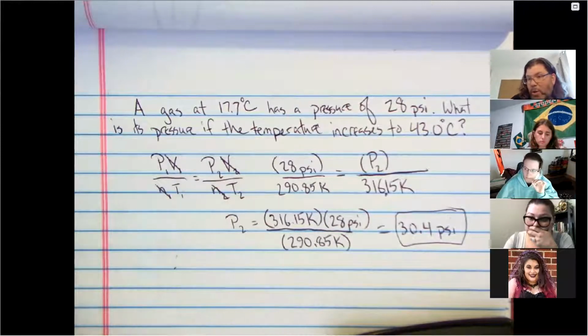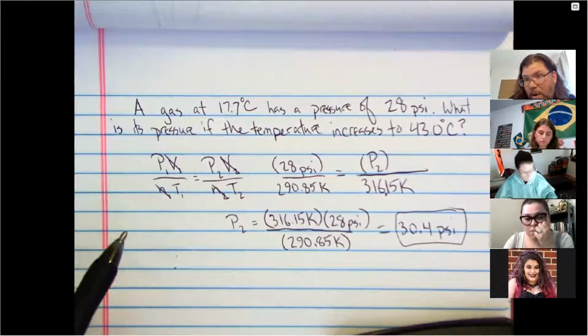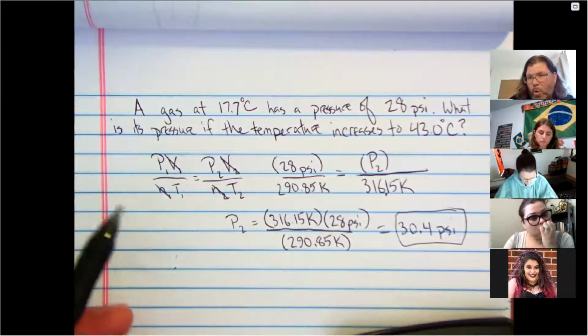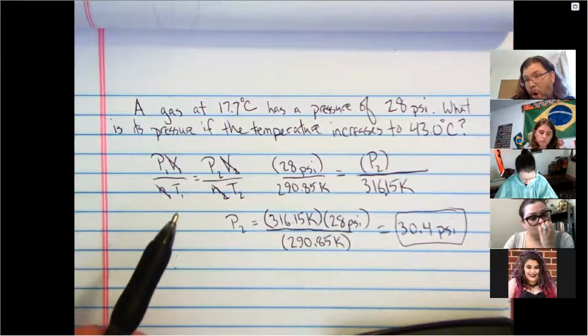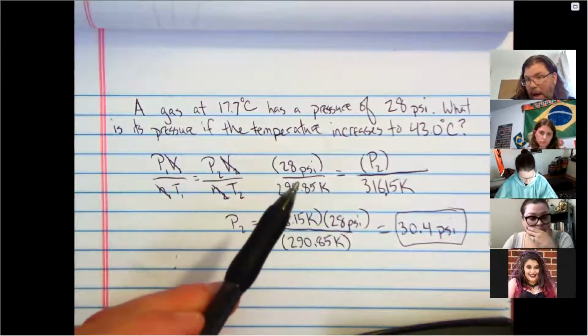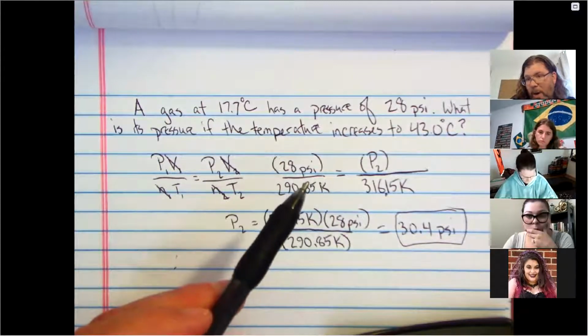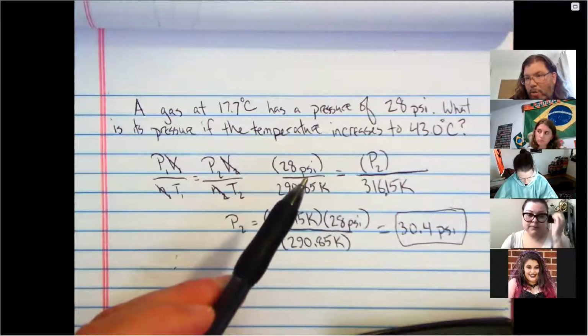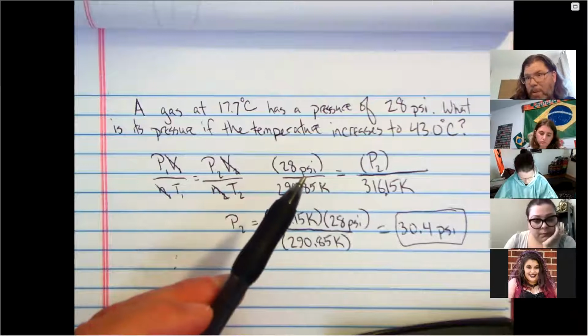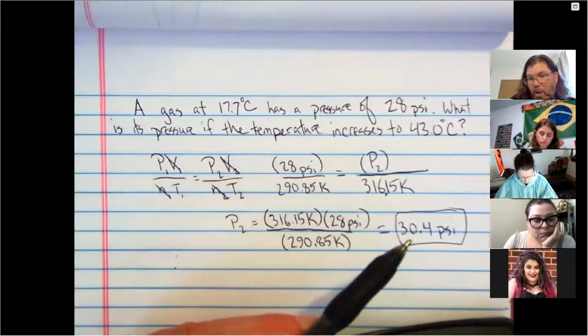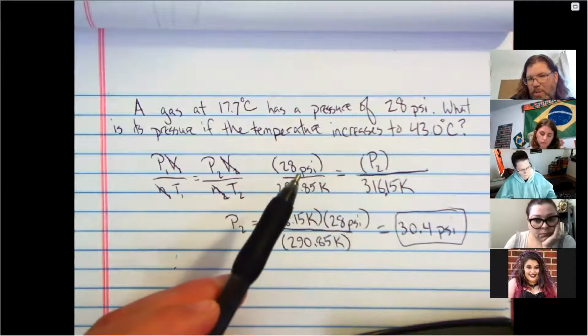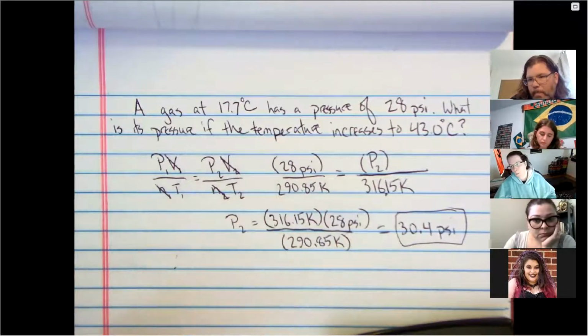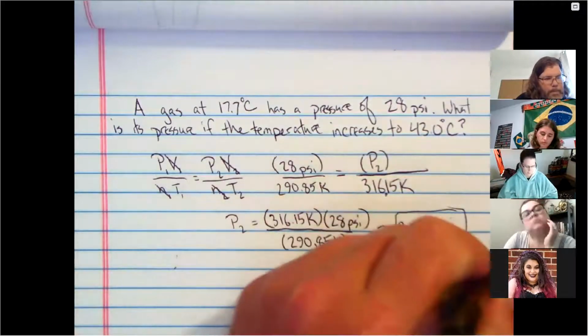And I think the other really cool thing that this problem teaches us is that it works with any pressure units, right? And in this case, do we even need to know what the value of R is when our pressure is in PSI? Doesn't matter, right? We're never using R here, so we don't have to look up the value of R, the gas constant, when our pressure units are in PSI, as long as we know that our new pressure is going to be in the same units as the old pressure. That's much cleaner. Wow. Okay, thank you.